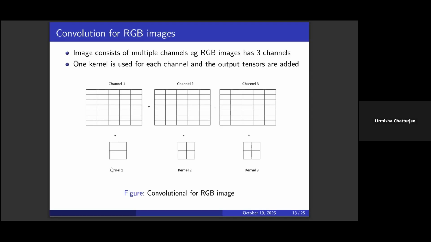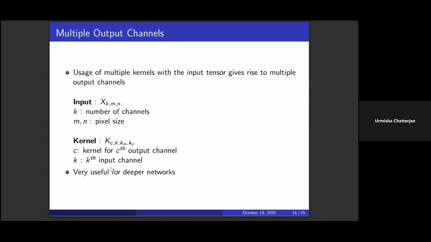This was for multiple input channels. Now to generalize this, I have done with three channels. If there are, say, k many channels, I will require a three-dimensional tensor where the first dimension will correspond to the number of channels, that is k. There is another case that the output can also have multiple channels, and that's what we saw during the convolutional layer, that we had a number of hidden layer representations.